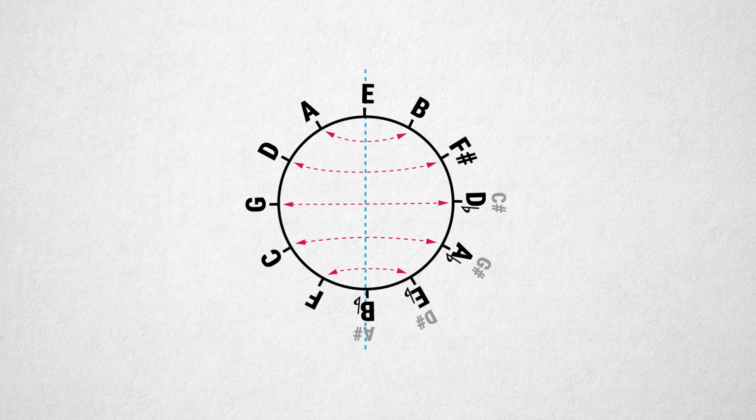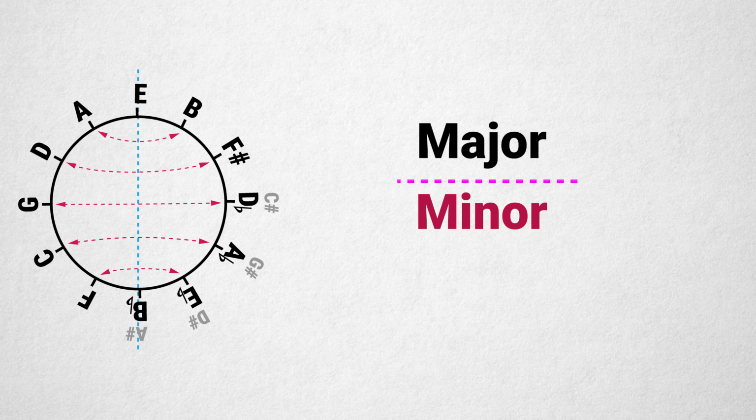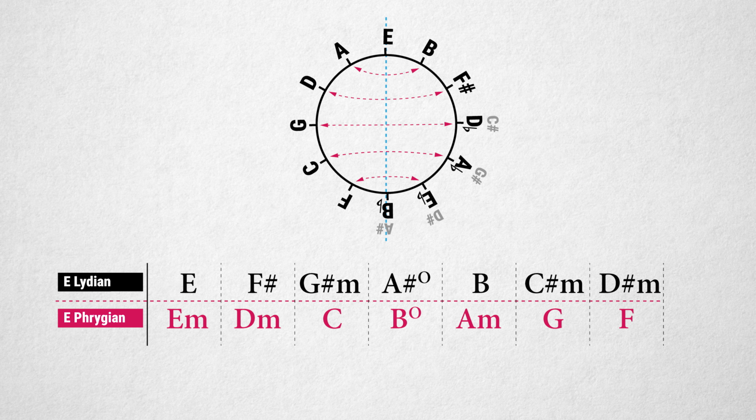We'll use the circle of fifths to find the new root, like you see in this figure. Now, besides the conversion of root notes, we also have to change major to minor and vice versa. The diminished chord becomes again a diminished chord. So, E major becomes E minor, F sharp major becomes D minor, G sharp minor becomes C major, A sharp diminished becomes B diminished, B major becomes A minor, C sharp minor becomes C major, and D sharp minor becomes